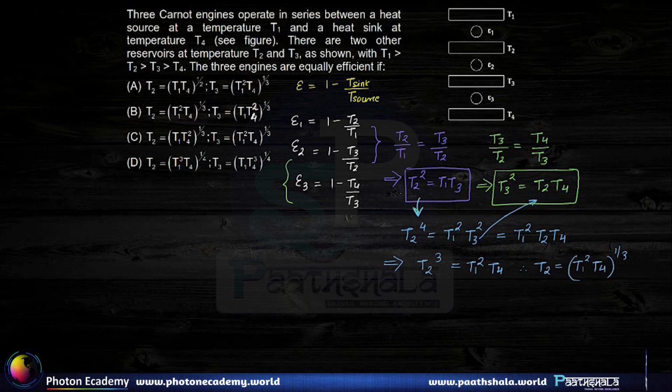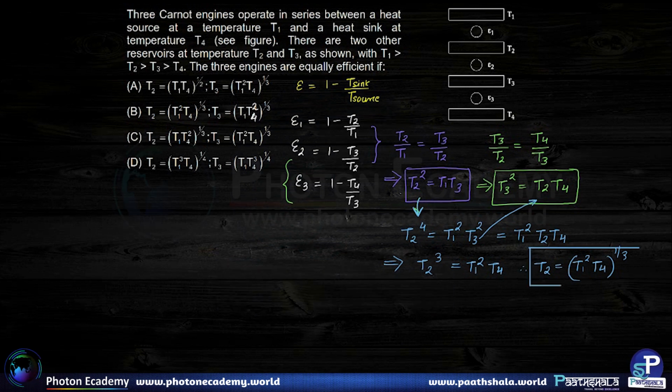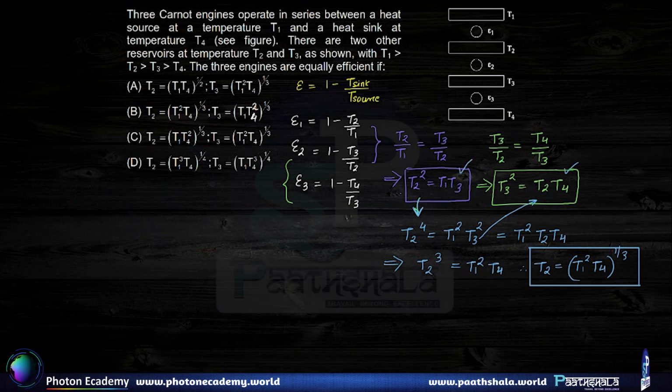So this is one part of the answer. We can check out the options and see that in option B this answer is specified. So we are getting this particular value of temperature T2 in option B. So let us now try to find out T3. In order to find out T3, we would like to eliminate T2 from these two equations. So how do we go about eliminating T2? This time we would rather square